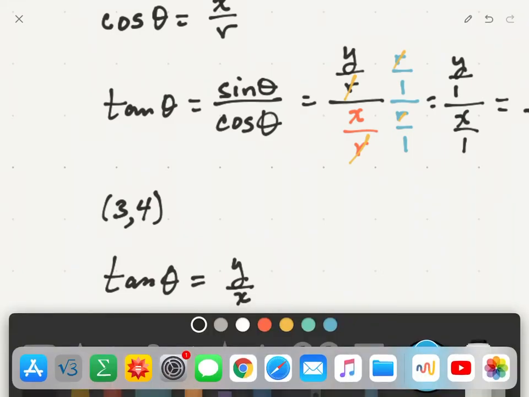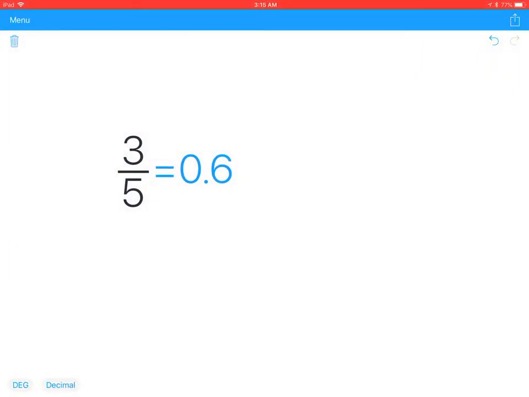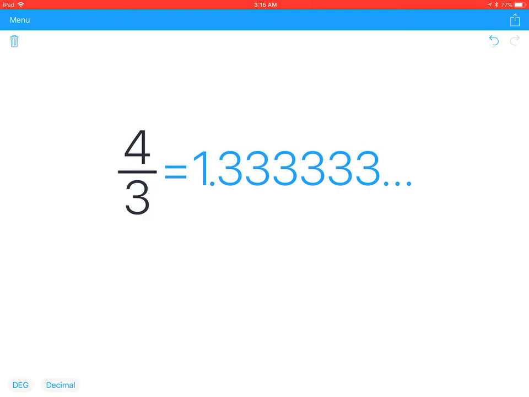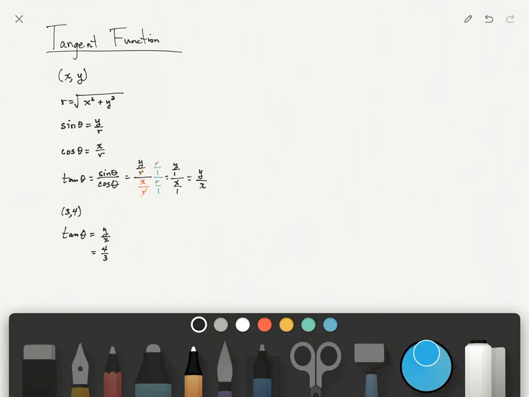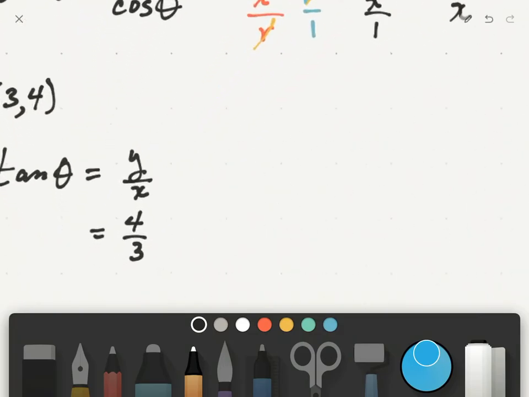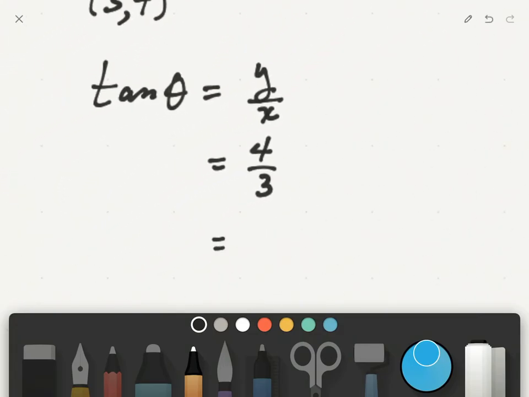And what is that? 4 divided by 3, 1.33. And it just continues. .33. All right, and that's it. Believe it or not,